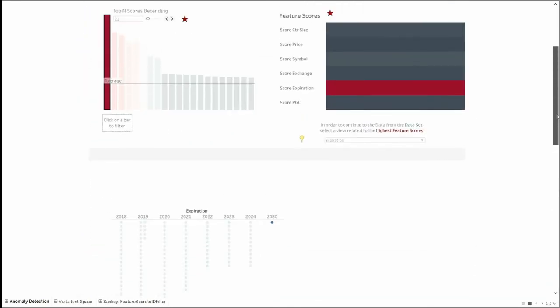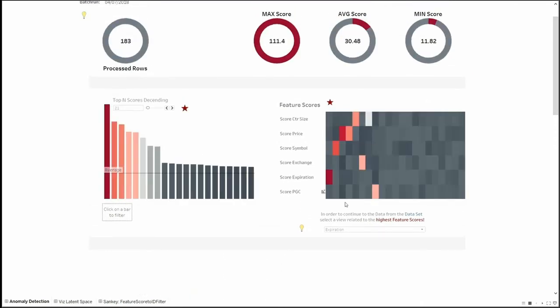but I first want to show you something else, because if we just unselect this, what happened then was that we gave this to the users, and the user said, oh, this is really nice, but if an expiration is not what I expect, it's not a risk, because how I calculate the risk later on the model doesn't really use the expiration that much, so I don't care about this. So if this is the first one, I will waste my time on it. I don't want to look at it. I first want to look, for example, at the ones driven by the price, because the price is very crucial for our calculations. So therefore,